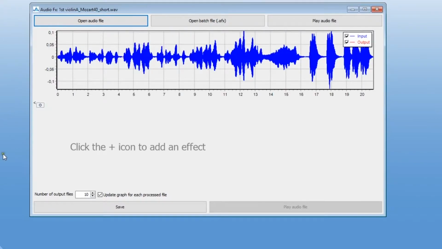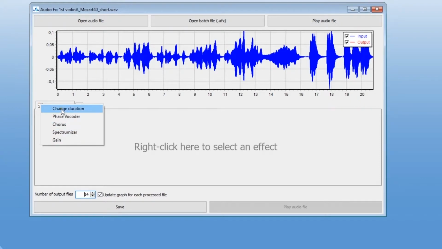So this is my input signal, and I want to create additional 14 signals here so I can make a simulation with 15 violins in total. Now I should also apply some effects, and I can do that when I have opened the signal. So clicking here, I get the chance to select effects.